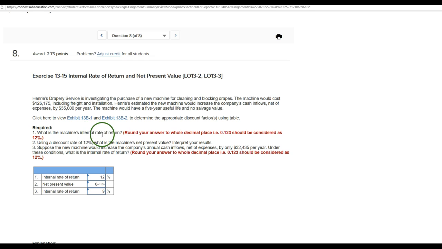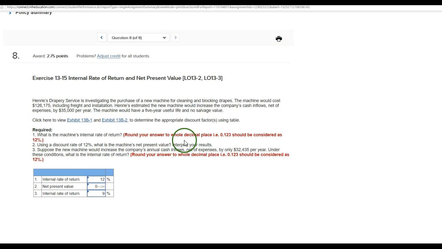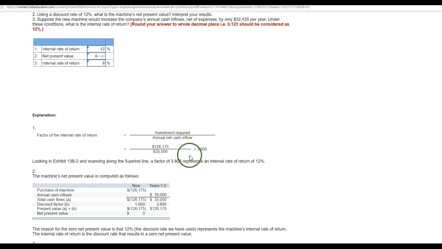Okay, so the internal rate of return, I'll go ahead and scroll down to the solution here. We need to find a factor we're going to use to look up in table 13B-2. That factor is found by dividing the investment required by the annual net cash inflow. Here are the numbers. Let me scroll back up to show you. The machine cost $126,175 and generates $35,000 each year. We'll take those two numbers and divide. Here they are. The factor is